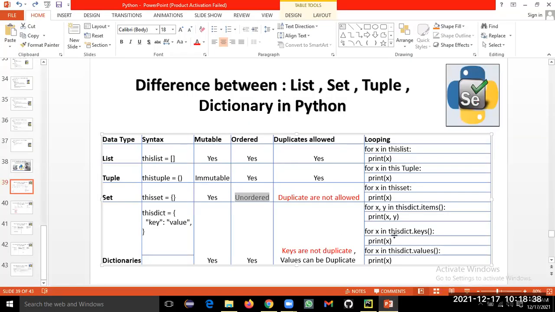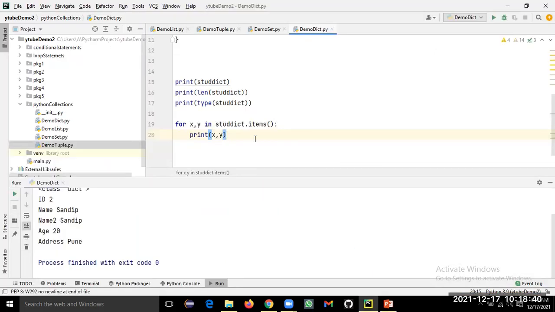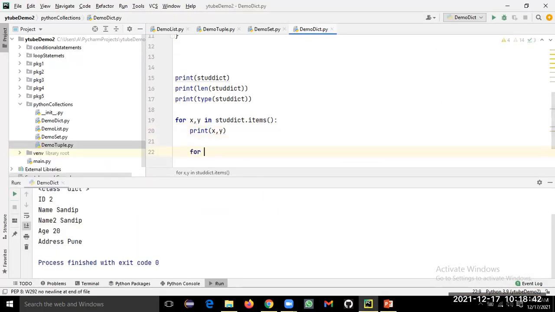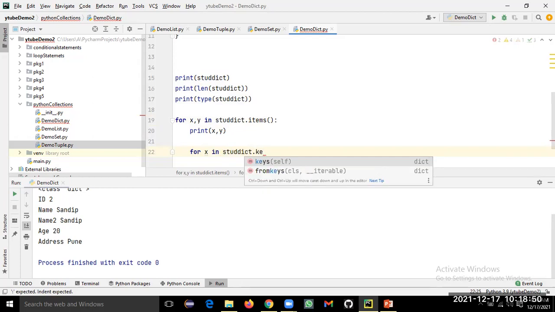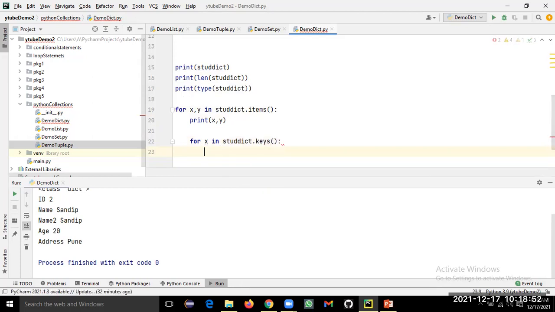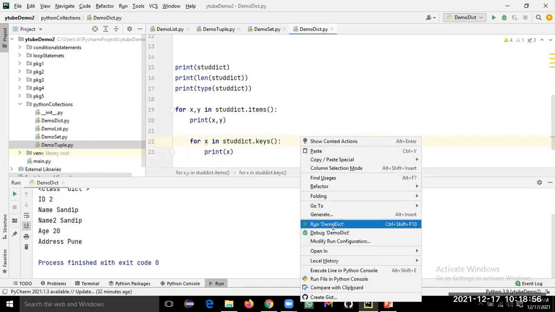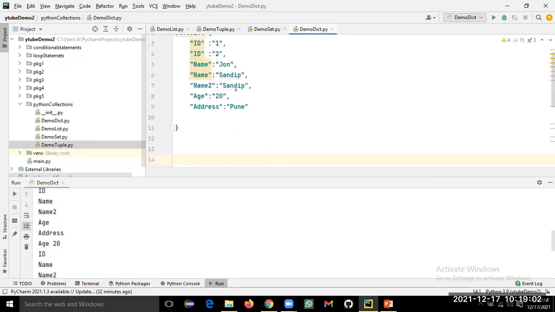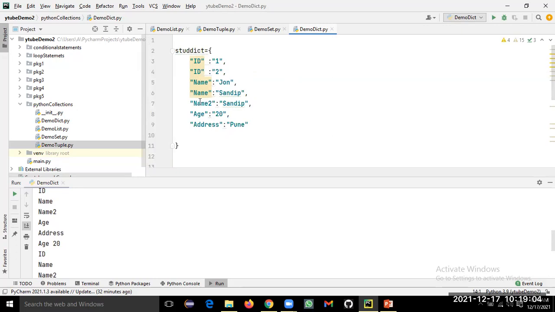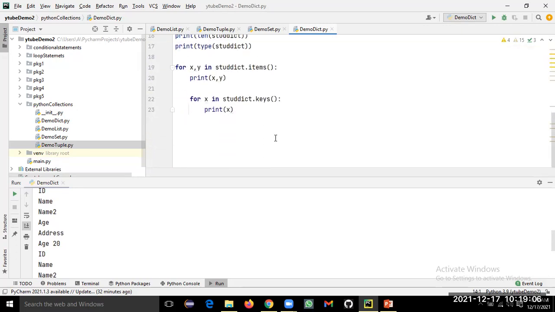But if you want to access only keys or only values, that is also possible. How to do it? For X in the dictionary dot keys, print X. It will print only the keys, from the left side: ID, name, name 2, age, and address. Duplicates are not printed.